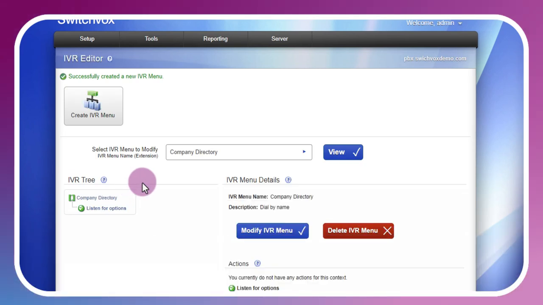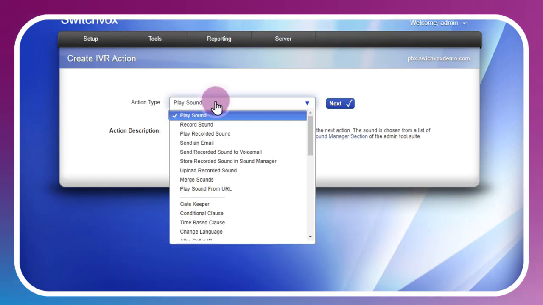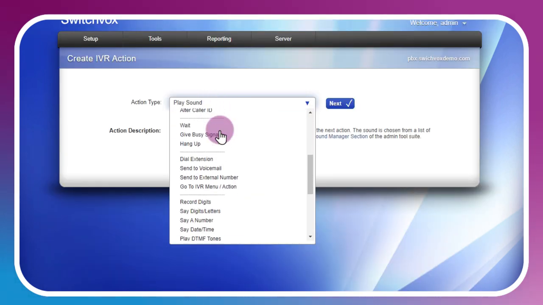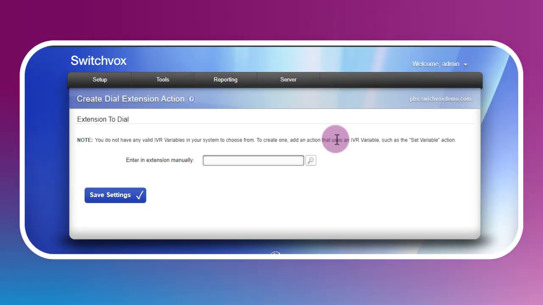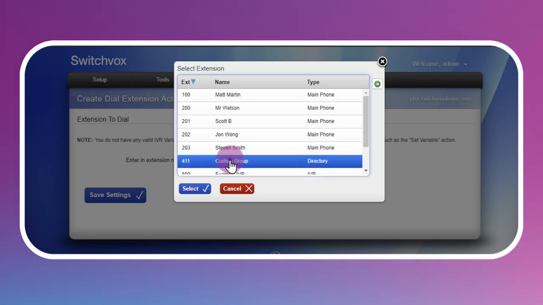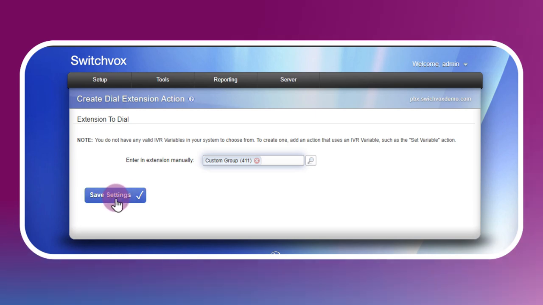We'll create an action with the type dial extension. We're going to do 411, which is our custom group directory in this case.